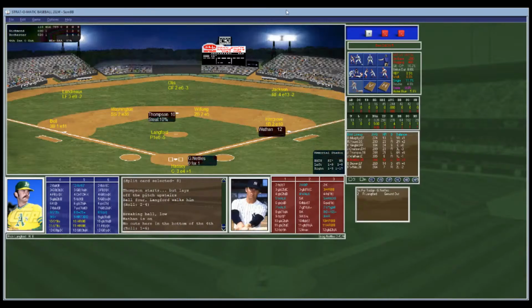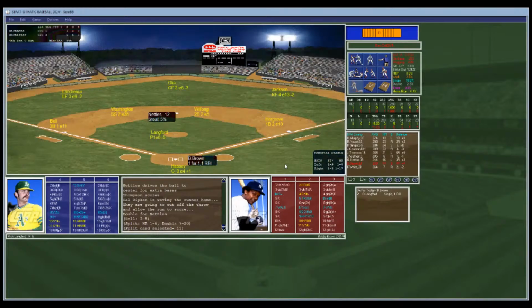And here's Greg Nettles, who's 0 for 1. Langford from the stretch. First and second, nobody out. And the pitch. This will be a line deep drive right center field. That's going to be trouble. Otis plays it off the wall. Here comes Thompson. He will score. Wathan holds, and it is a 5-1 ball game in favor of Rochester. So Rochester jumps on top 5-1. Oops, I put Rochester as a computer. Richmond should be. So 5-1 Rochester and a big lead here.